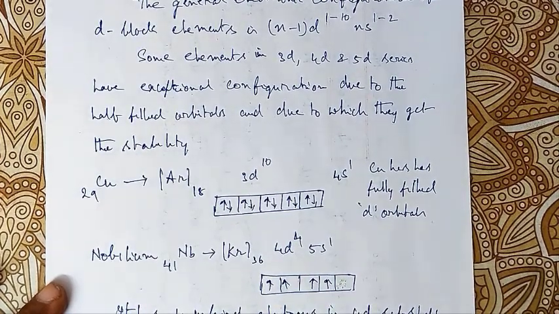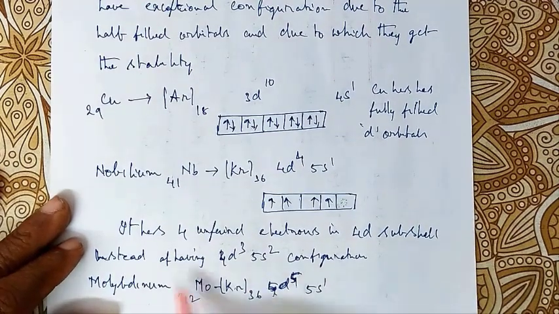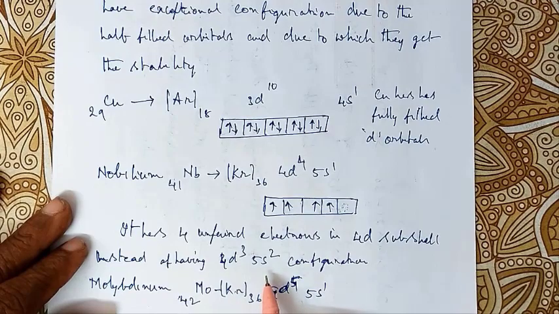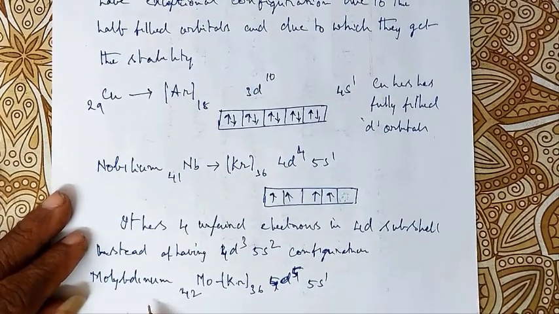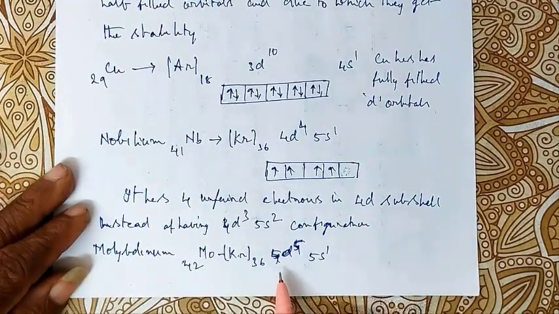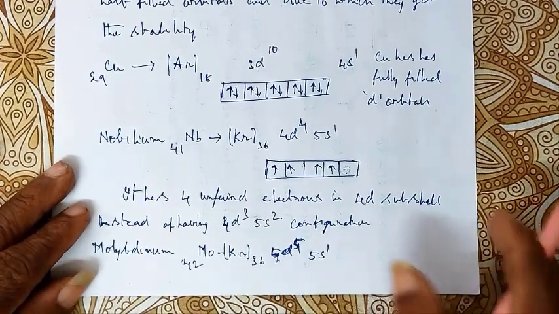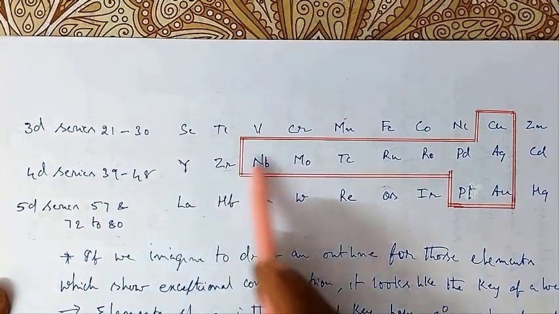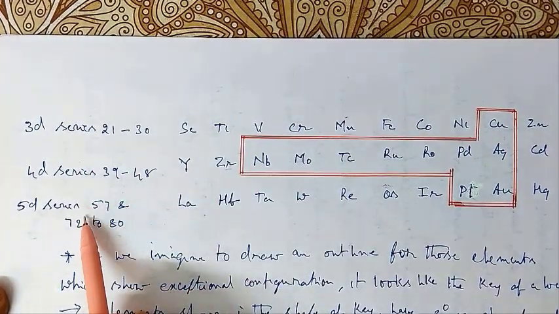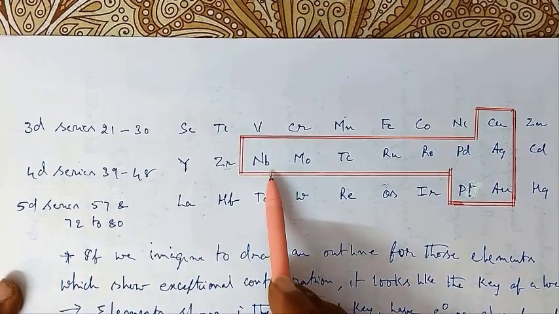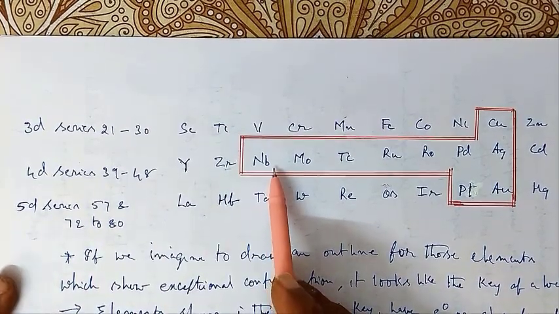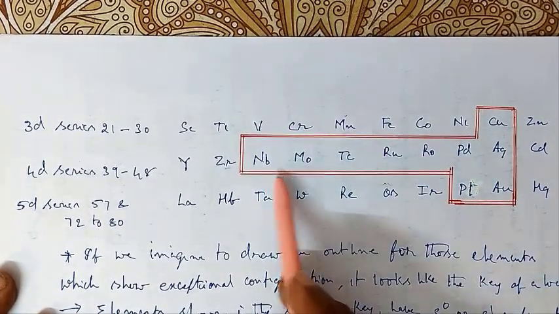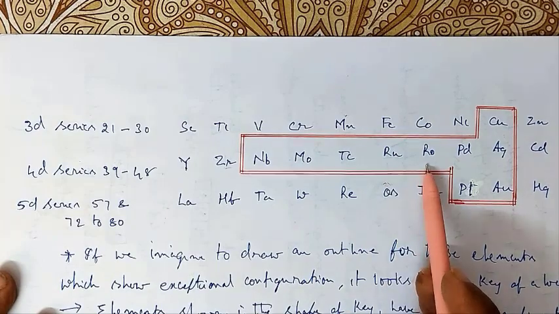It has 4 unpaired electrons in the 4d subshell instead of having a normal expected 4d3 5s2 configuration. In the same manner, molybdenum has a 4d5 5s1. If we write all the elements one under the other, that is 3d series, 4d series, 5d series, the elements shown within the red line, they have exceptional configuration, that is copper, niobium, molybdenum, technetium, ruthenium, rhodium, palladium,